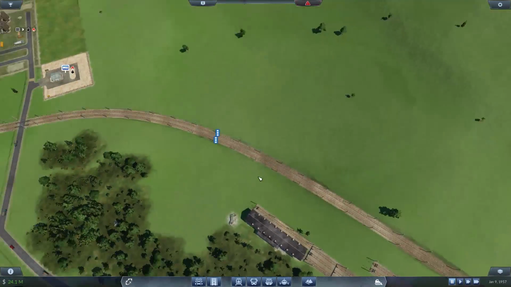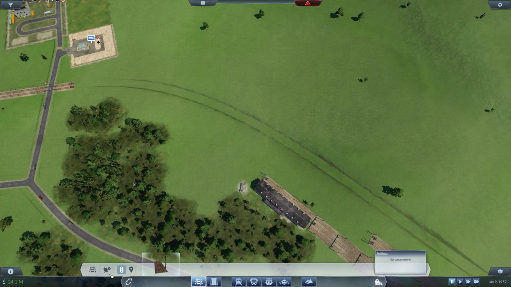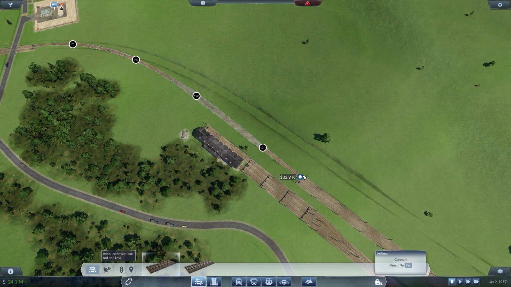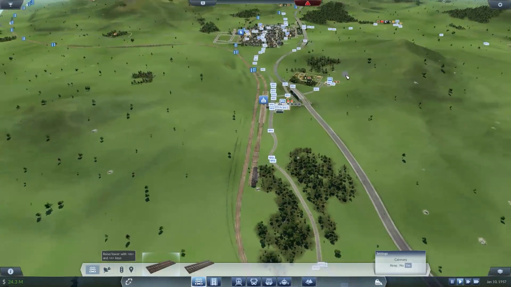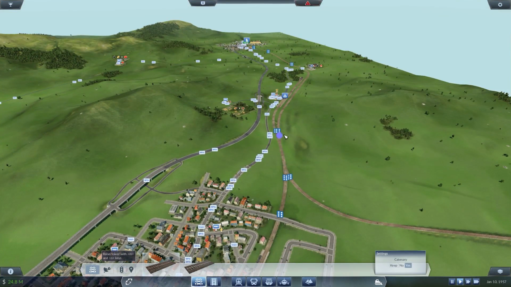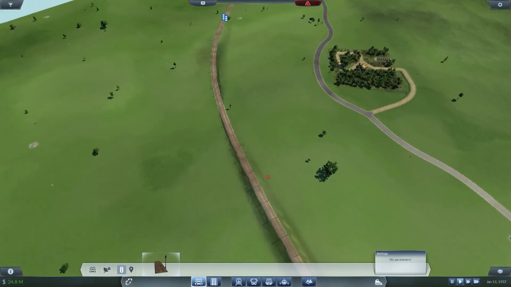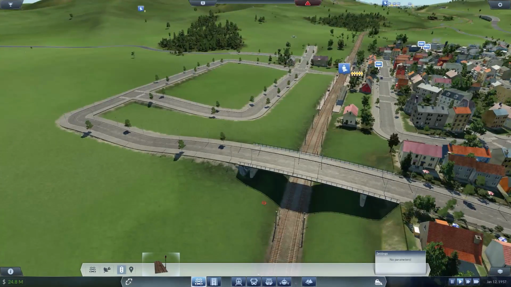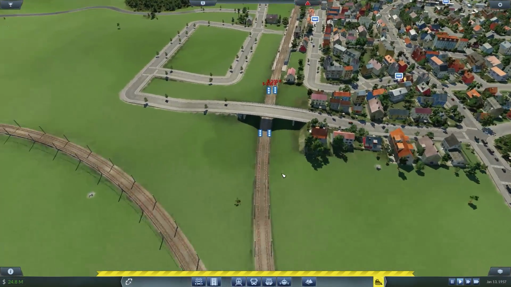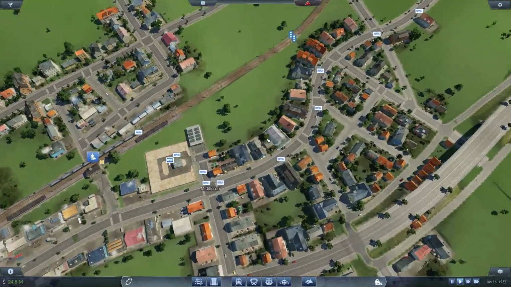Alright. Now we need to reconnect these. As soon as we do that, a lot of that flashing red light there at the top should go away. There we go. So we're basically back like this. So this is just a cleaner junction than before. Go ahead and get some longer signals in there. Cool. So that should